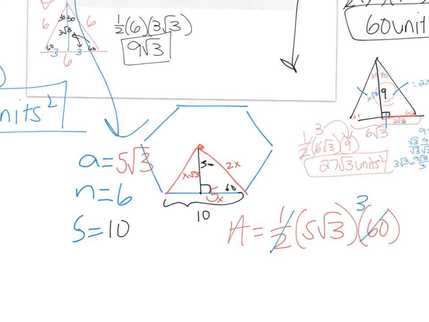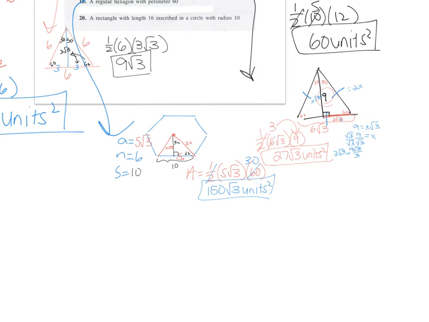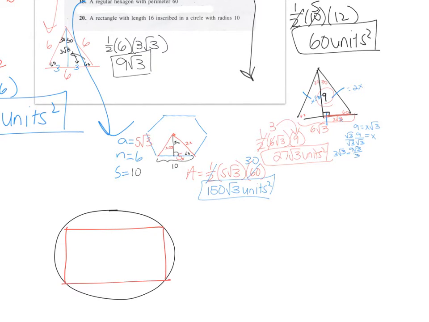1/2 times 60 is 30. 30 times 5 is 150 root 3. Which will be left exact. Okay, that's an exact one. So circle, rectangle. Length is the longest side. So depending on how you drew it, if you drew it tall or if you drew it wide, it's up to you, but length would be the longest side. And the diagonal,